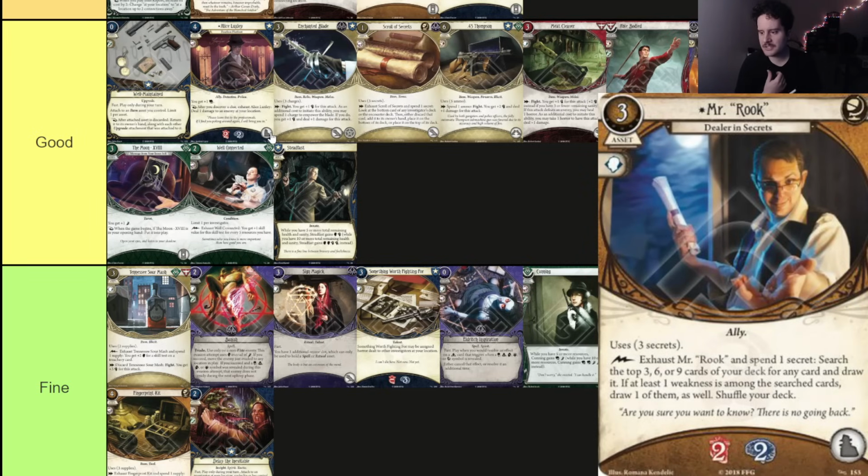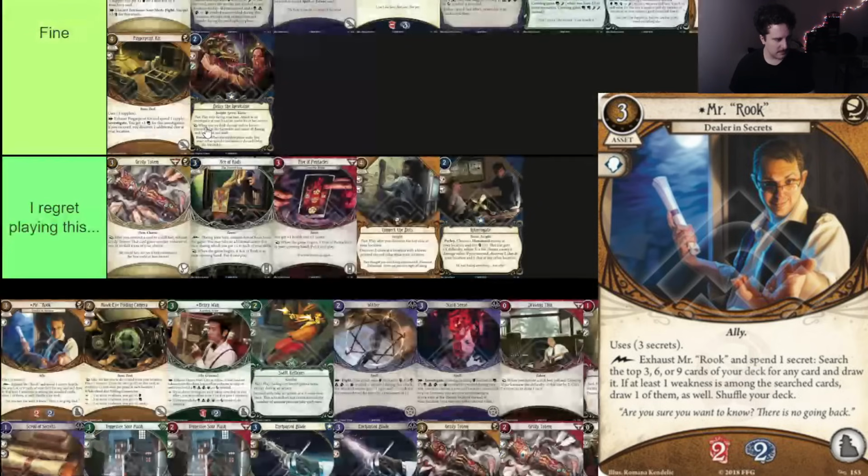Okay. Mr. Rook, 3-cost, 2/2 ally. He uses 3 secrets, and as a lightning bolt, exhaust him and spend 1 secret. Search the top 3, 6, or 9 cards from your deck for any card and draw it. If at least 1 weakness is among the search cards, draw 1 of them as well. Shuffle your deck. All right, so the